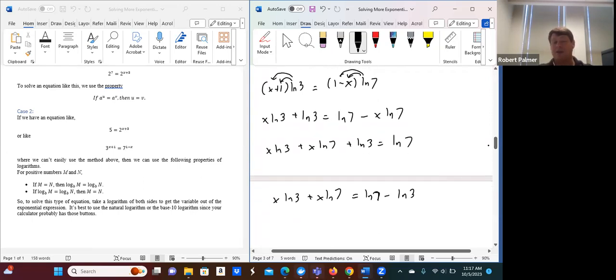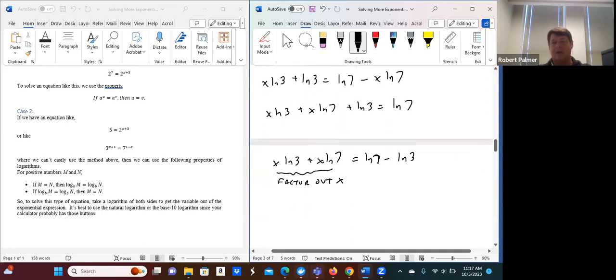So remember, our goal is still to get x by itself. So what I want to do on this side is factor an x out of the terms on this side. So just take an x. Remember, factoring is like distributing in reverse. And so if I take an x out of both, what I have left then is the natural log of